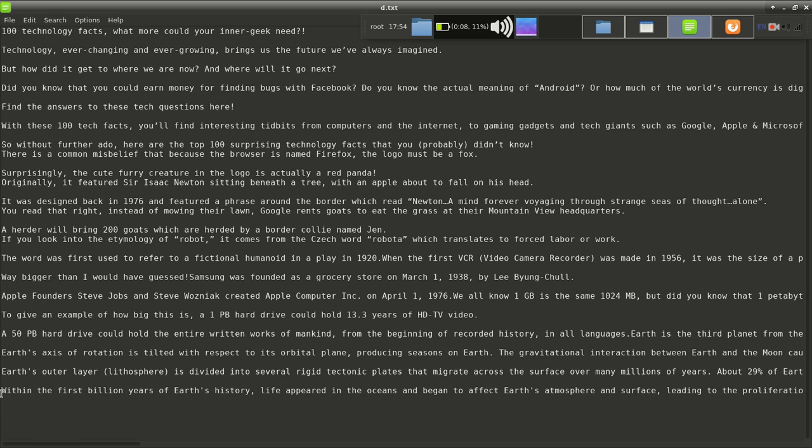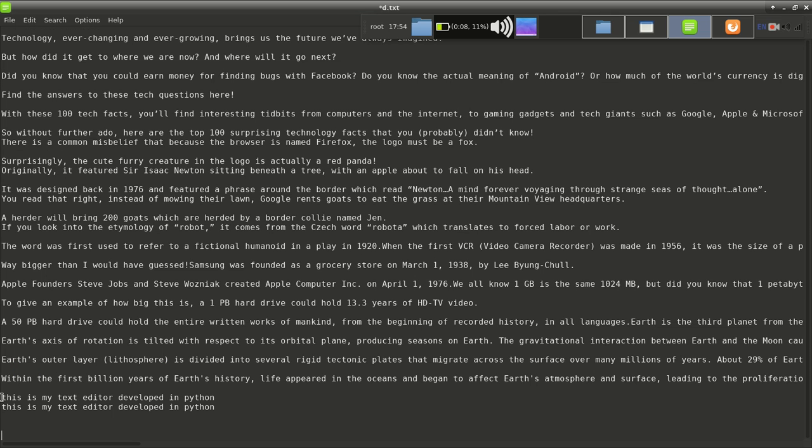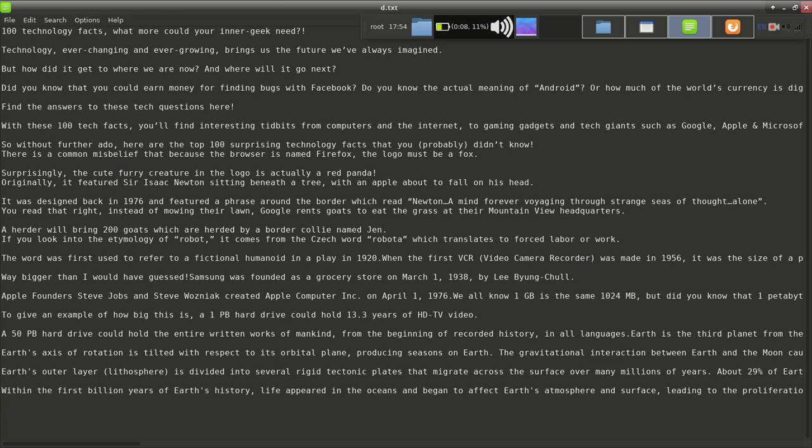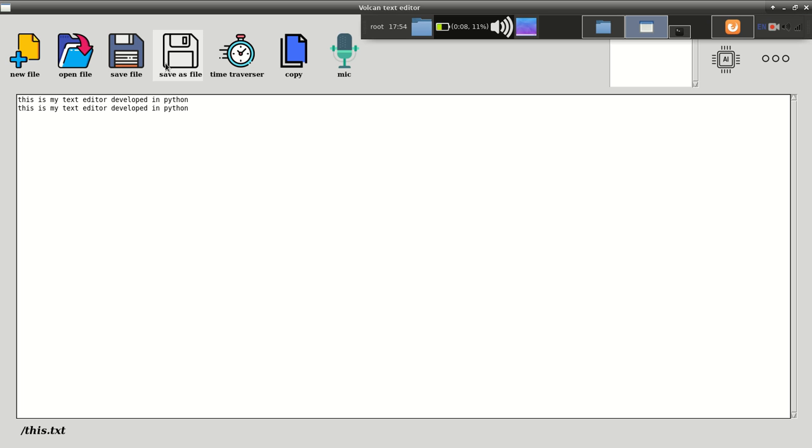What we'll do over here is simply paste the content, because we have copied that content from our code. You can see that the lines which we have copied are over here. So hence the copy file button works. This was the code, and in this video we have added the functionalities to the save file button, save as file button, and copy button. In upcoming videos I'll add the functionalities to time traverser, mic, and AM, and we can say that around 40 or 45% of the project we have completed up to this point.